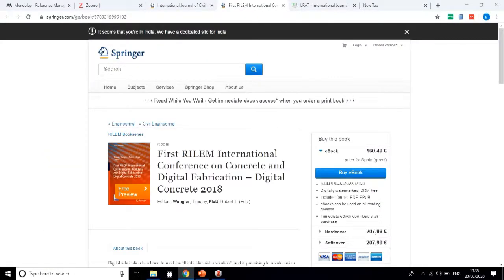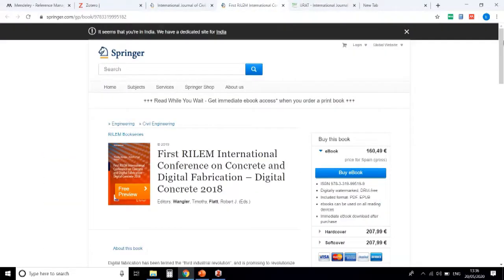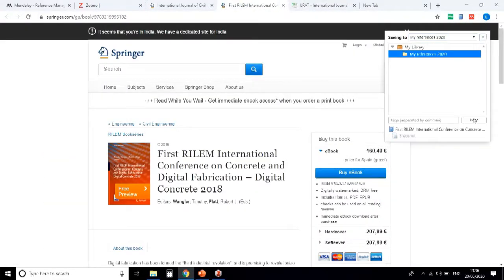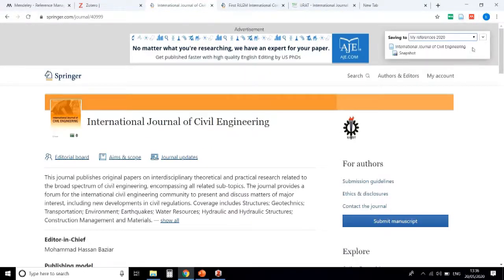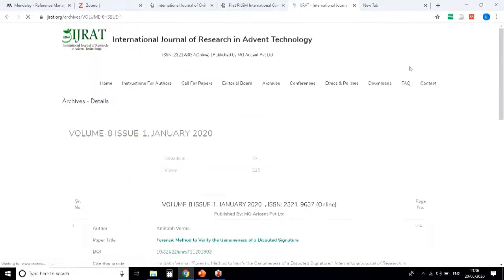If it is a journal page, the icon will be a sheet. Now I clicked on the icon.